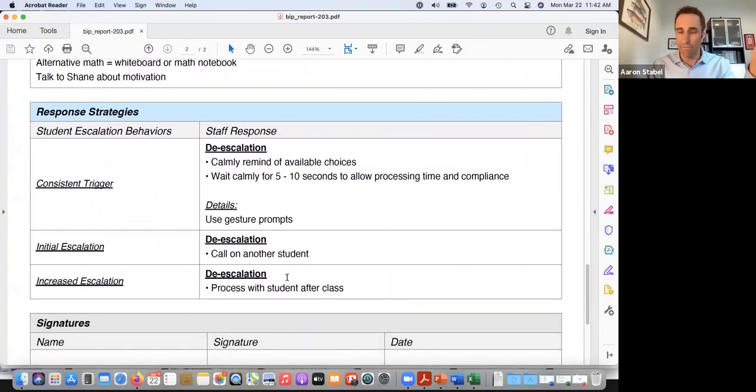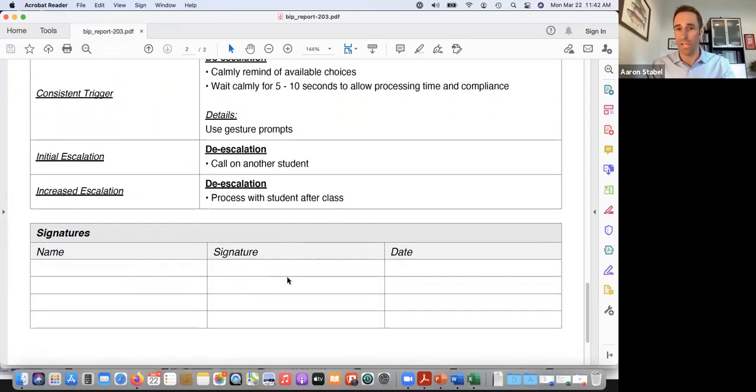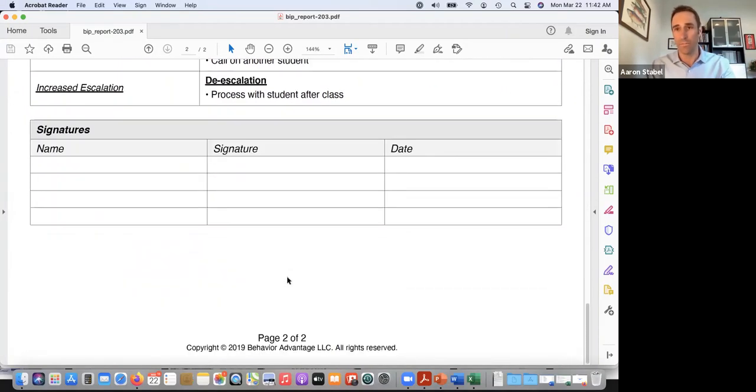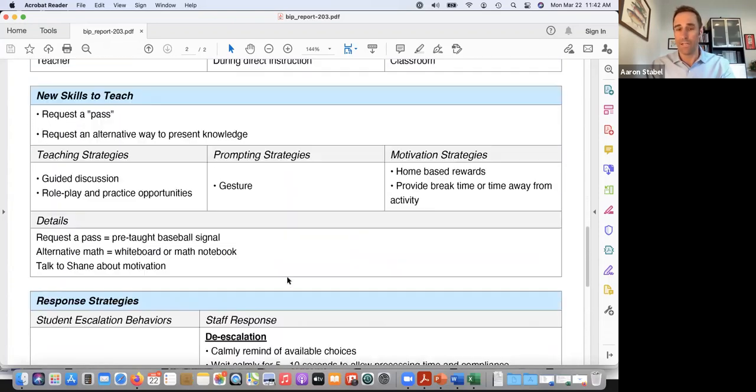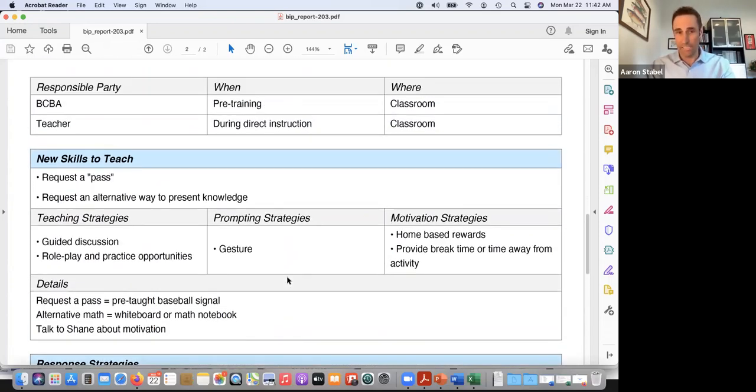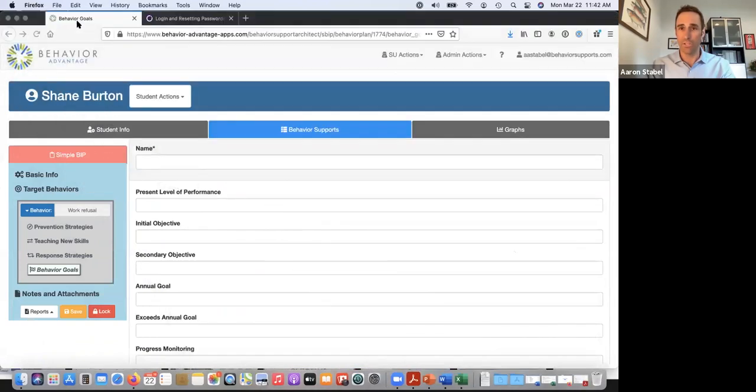I mean, that is a very clinically sound behavior intervention plan, and it is less than 2 pages long. This is the roadmap, okay? Now, as beautiful as this is, it's not going to change behavior just because we wrote it. So what we need to really consider is how do we support Shane and Mr. Alley to actually implement this simple behavior plan with fidelity.